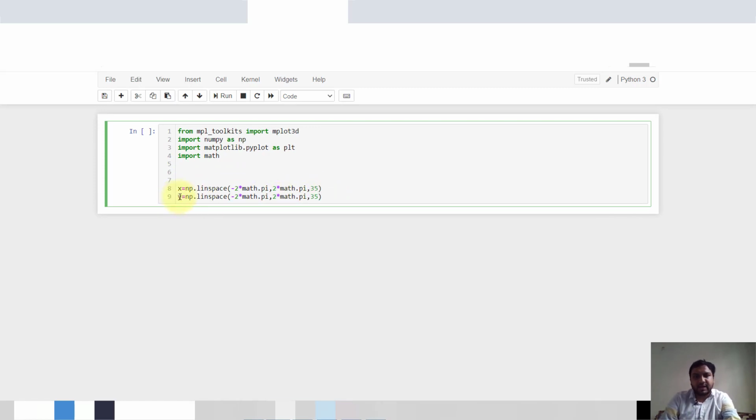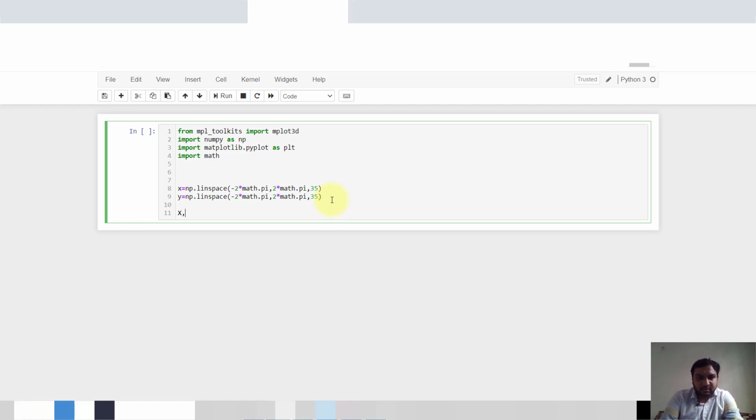So we have created one linspace for x and y. Now we will create our mesh grid. So we will create capital X, capital Y is equal to np.meshgrid of x comma y. So it will create our linspace with respect to x and y, and it will divide the rectangle with respect to x and y with the values of small x and y.